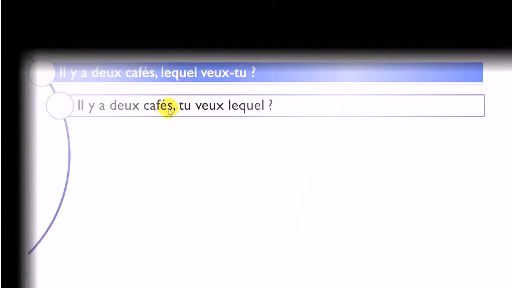Okay, so il y a deux cafés, lequel, so in that case, just to avoid repeating quel café. Veux-tu, so remember, vouloir is to want, tu, you. Do you want? So, lequel veux-tu? Il y a deux cafés, lequel veux-tu? All right, or then it's possible as well, in that case it's more, let's say, spoken. The first one is the official one because in that case you put lequel, and after that you change the order. Remember, first the verb,